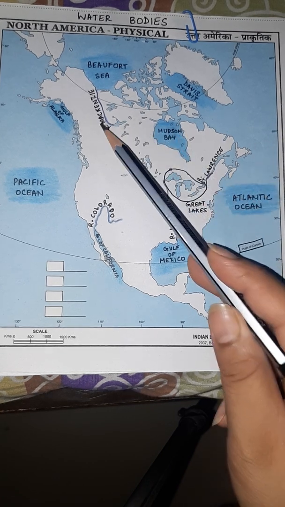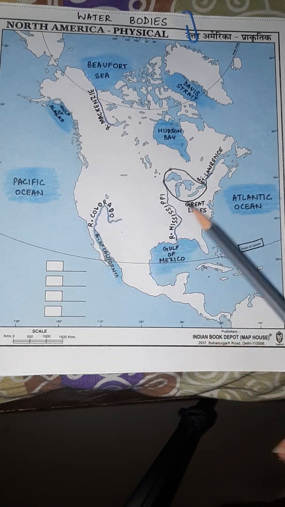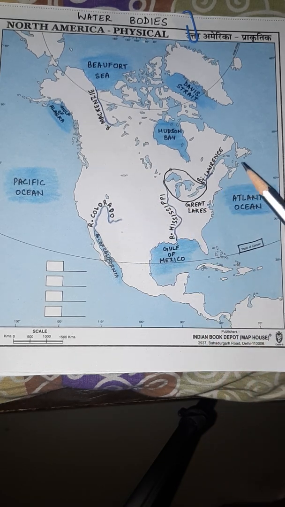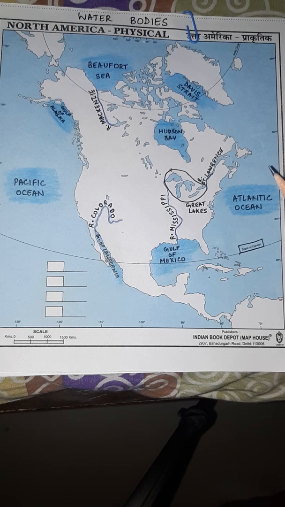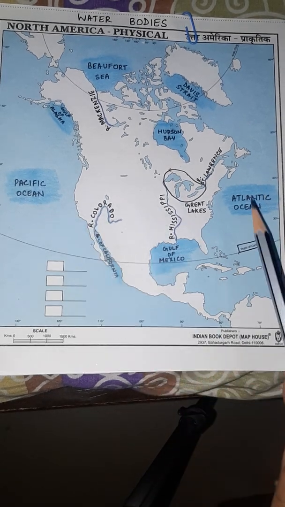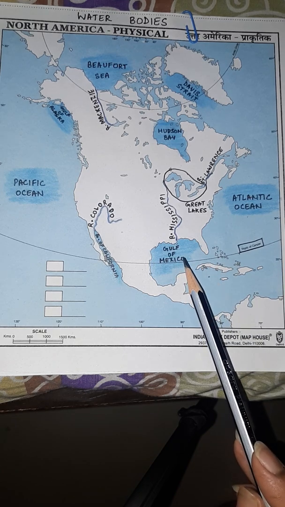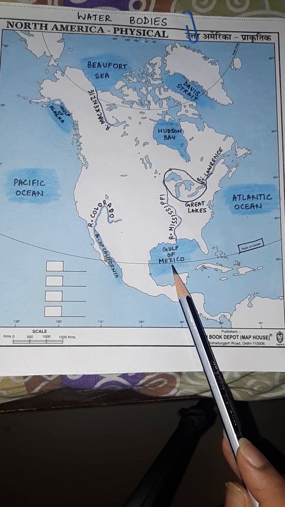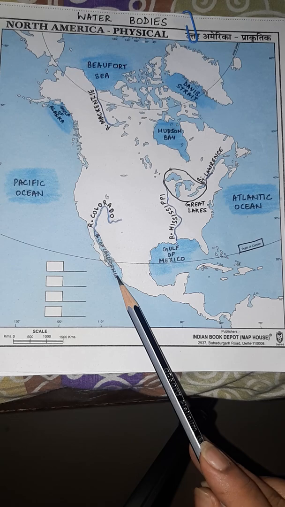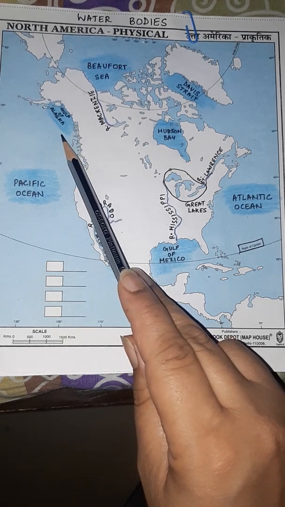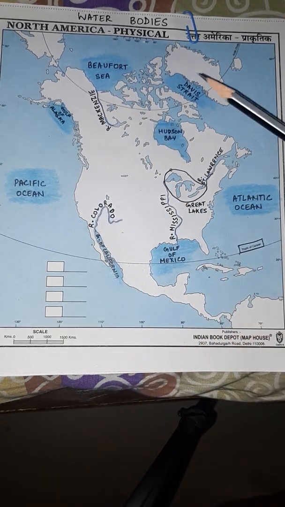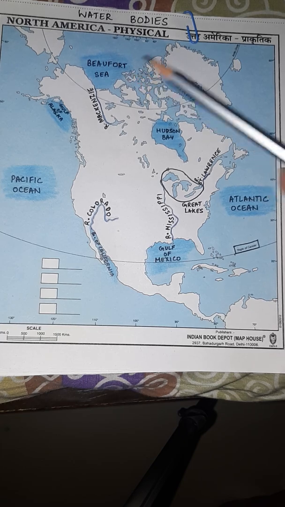Here we have 4 rivers: River Mackenzie, River Colorado, River Mississippi, and River St. Lawrence. We have 2 oceans here, Pacific Ocean and Atlantic Ocean. We have 3 gulfs here: Gulf of Mexico, Gulf of California, Gulf of Alaska. We have Beaufort Sea here, Davis